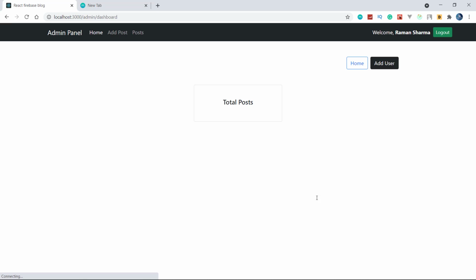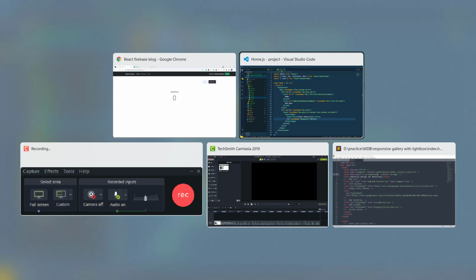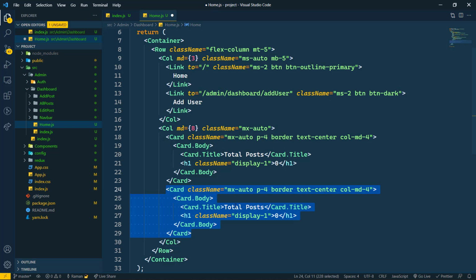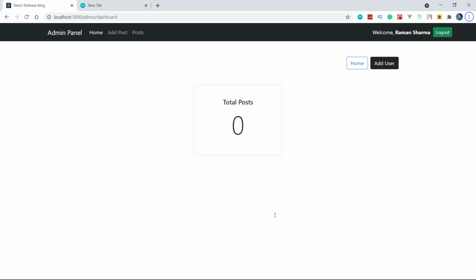Total posts are 0 by default, and I'm going to copy this card. So copy this, and here I'm going to write My Posts, and by default it will be 0.